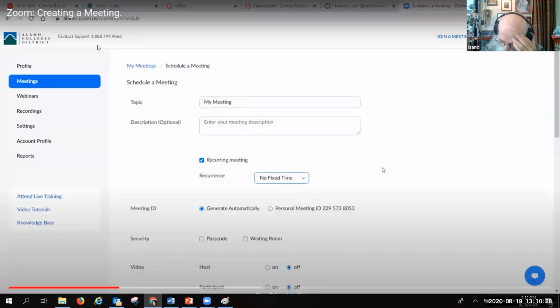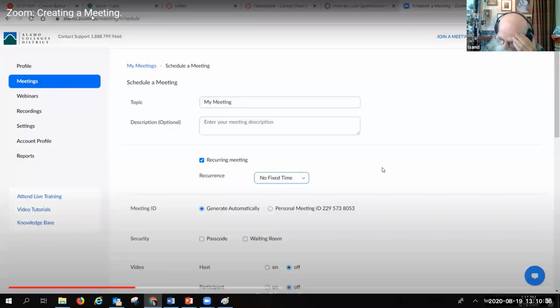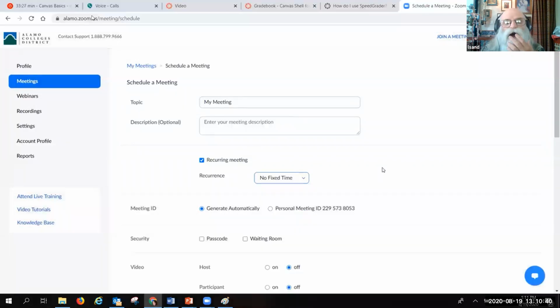One of the great benefits of setting up your Zoom to be a recurring meeting with no fixed time is that it allows you more flexibility. When you share this meeting with your students, you can inform them in Canvas what day and time this Zoom meeting will occur. Your students have no idea that the Zoom link you posted is a recurring meeting.